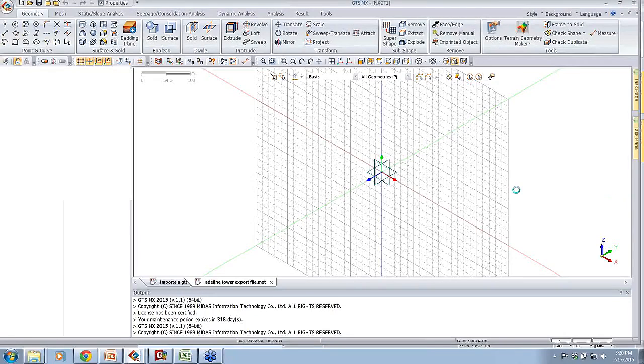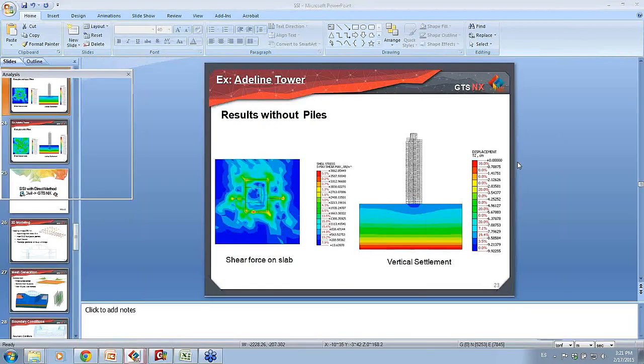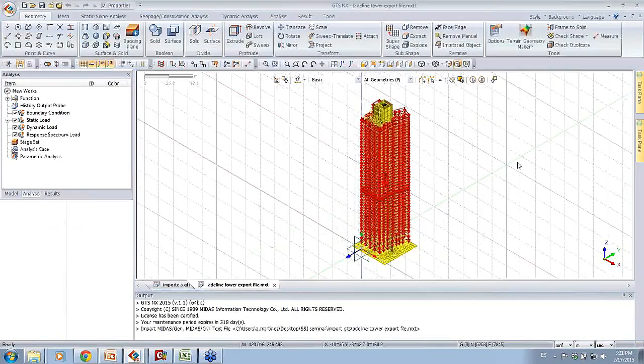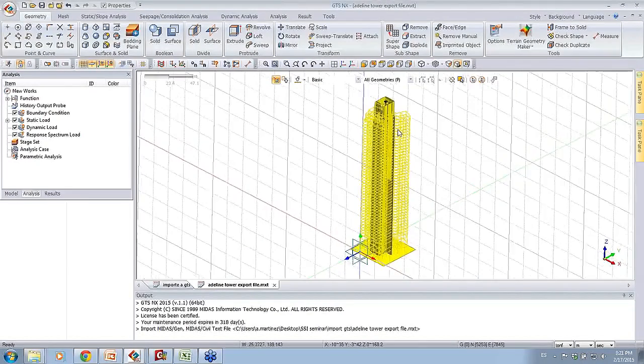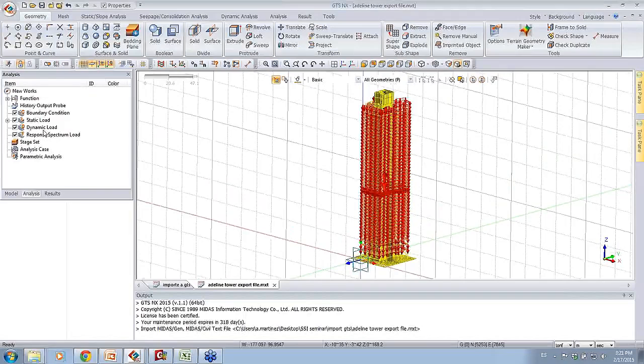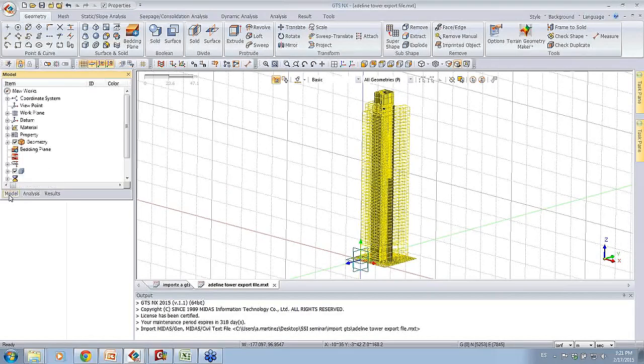So this structure, once imported, is considered to be already meshed. What that means is that it's not just the geometry, the structure itself has material properties assigned to it. And so we see it here. We even see some red arrows, and it's basically yellow. These are the loads that were imported. I can deactivate these just for the visual aspect of it. And then if I go to my other